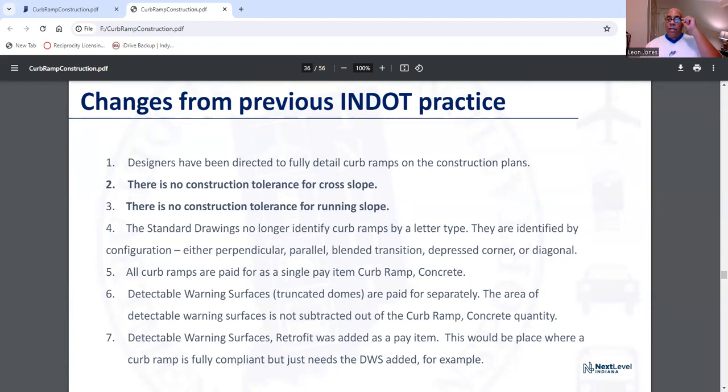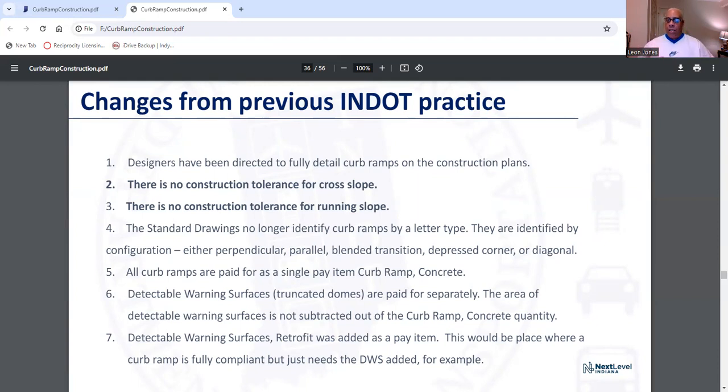Now, I'm happy they did that because at PennDOT, we never used letter designations. We always used blended transition, depressed corner, diagonal. You need to know what type of curb ramp that you're inspecting as well if you're going to document it properly. Now, NDOT used to have this